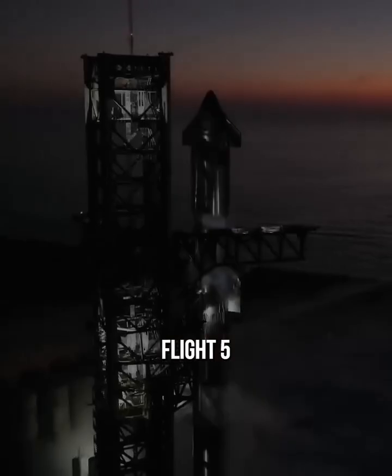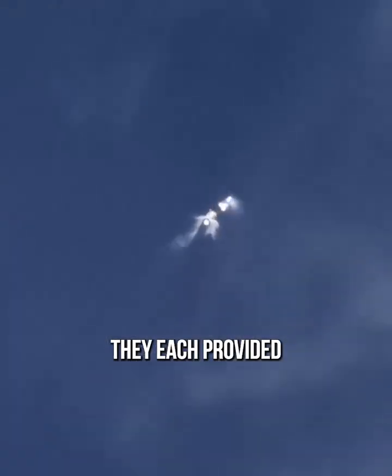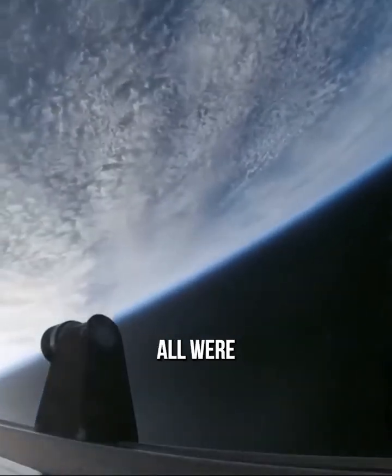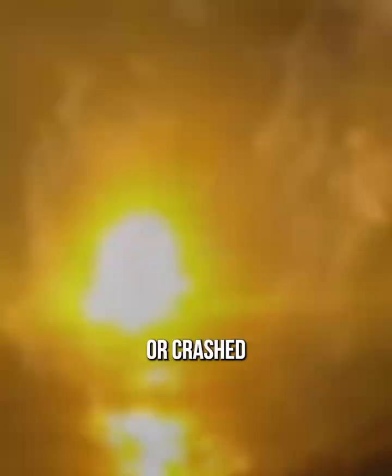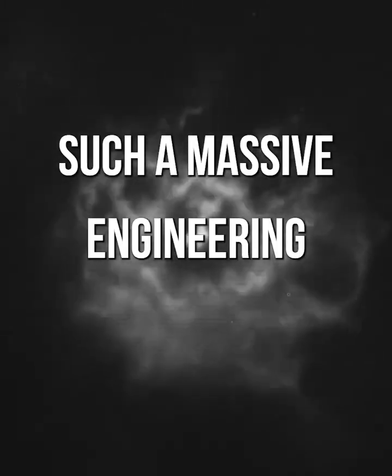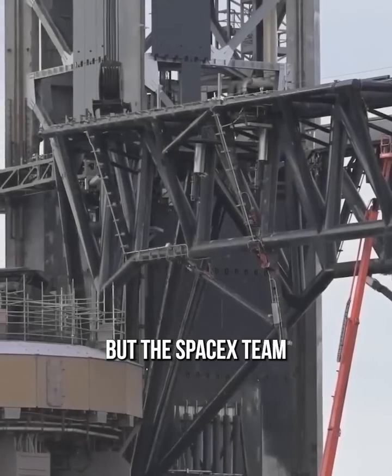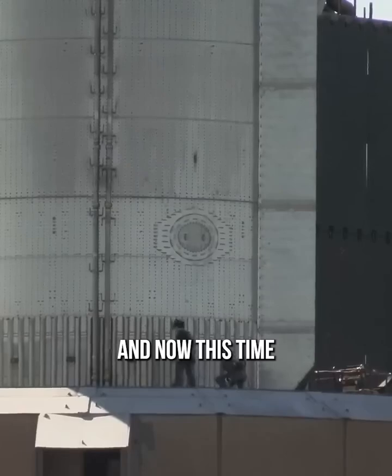Before Starship Flight 5, SpaceX conducted 4 previous test flights. They each provided valuable data and insights, though not all were successful. During these earlier flights, the Super Heavy boosters either exploded shortly after takeoff or crashed into the ocean during landing attempts. This is actually pretty normal in the process of figuring out such a massive engineering challenge. But the SpaceX team went back to the drawing board, figured out what went wrong, and now, this time, the